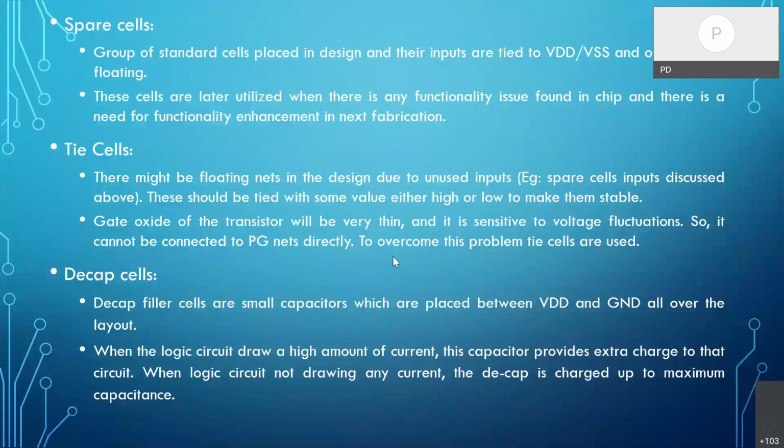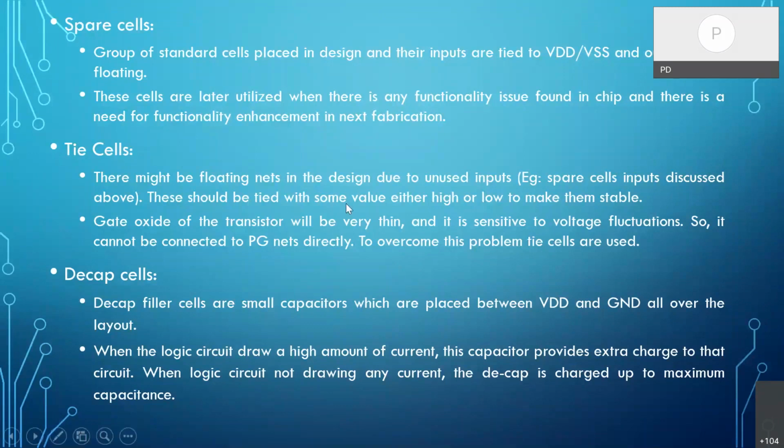In the design, they will just be placed, and their input will be connected to either VDD or VSS, and the output will be left open. Normally, why do we do it that way? Because if you leave the input open, there are chances of some signals interfering, and that may unnecessarily create some noise and issues. So normally we tie the inputs to VDD or ground, and the output is left floating. At a later stage, this cell can be connected to the required signals based on our functionality, and it can be used.